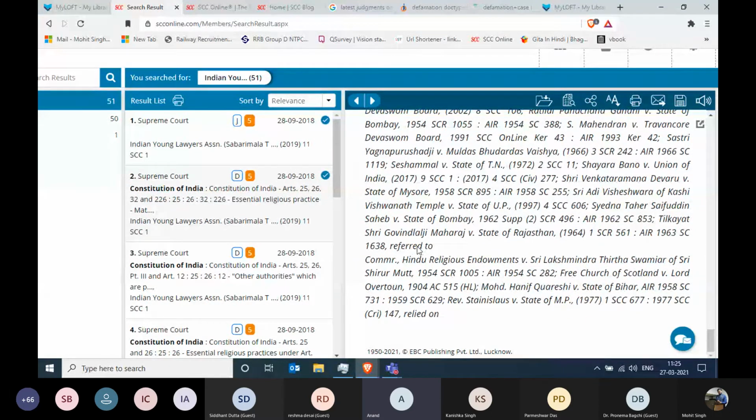In some other digest note we can see the overruled part, but this is how you see it. All the judgments which have been overruled, referred, relied on, followed will always be mentioned in the digest note of your current judgment.